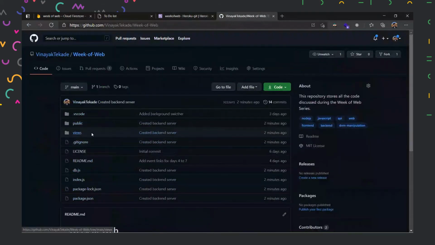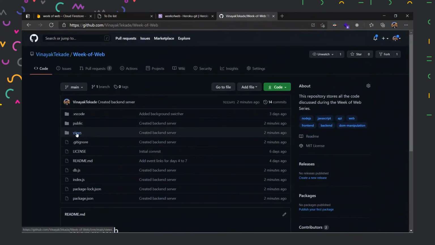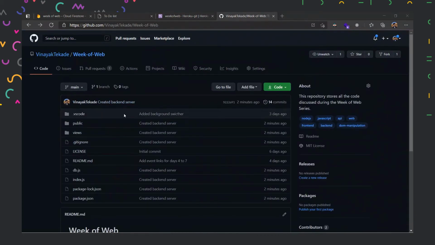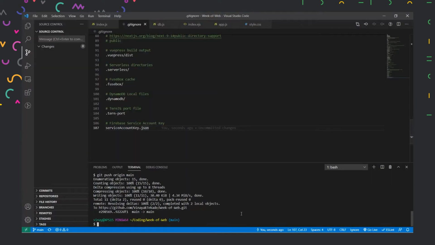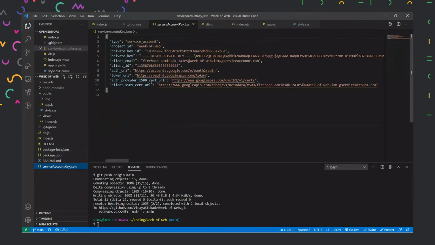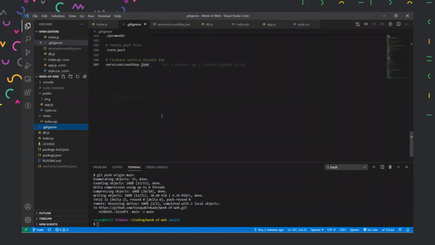So here our views folder is created. All the links to our DSC's events are over here. All the 7 days of events are present over here. And yes, all our files have been synced properly now. So with that done, let us get started with the hosting process now. In hosting, what change we have to make is, first of all, we have to remove this exception in .gitignore, we have to pass this file also. So to pass this file, I'll just remove this part.